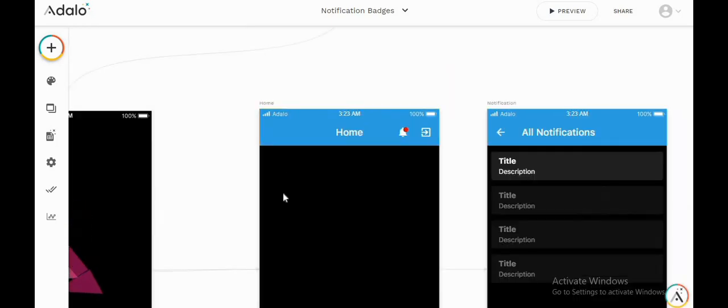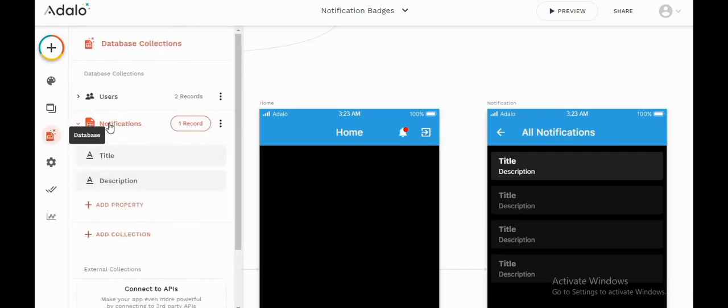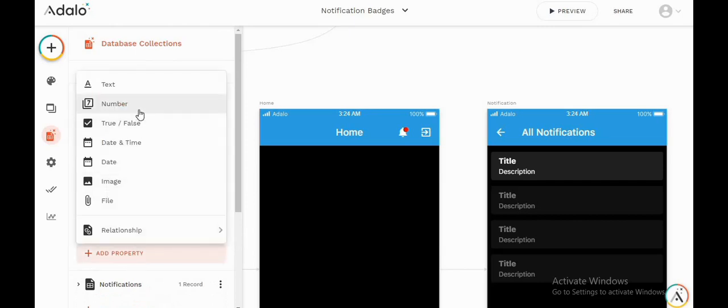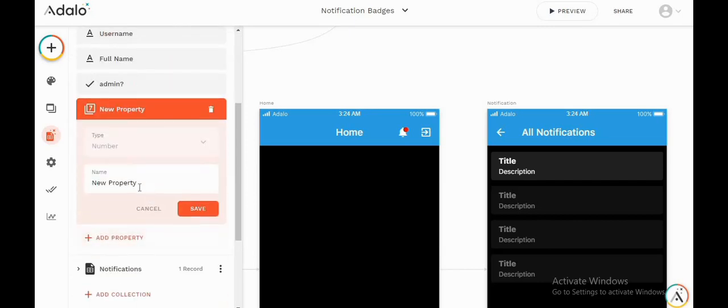Now the next step is to put a condition so that this circle, this red circle, is only visible when there are new notifications. Okay, so for that we'll first add a new property in the database. So let's go to database, and there under the users collection I'll add a new number property which I will call last visit notification count.